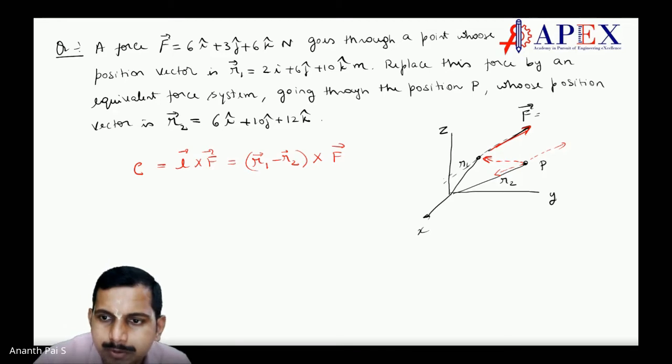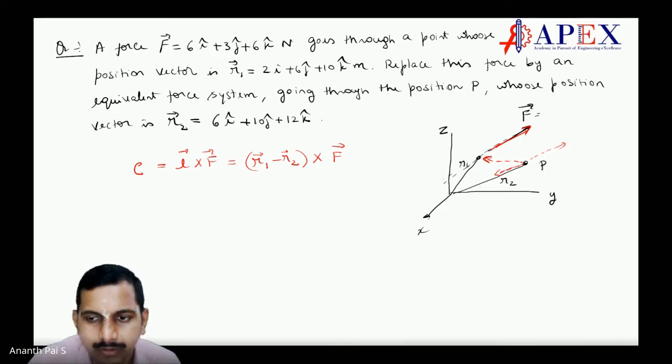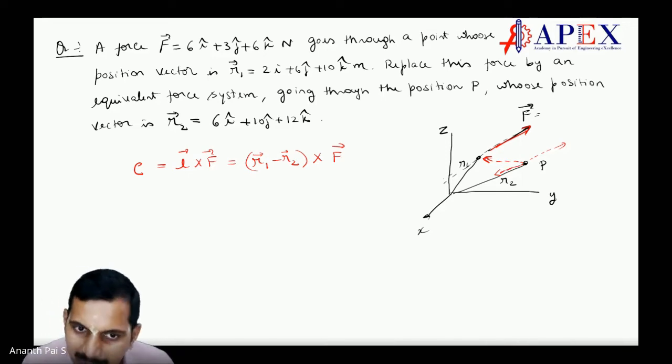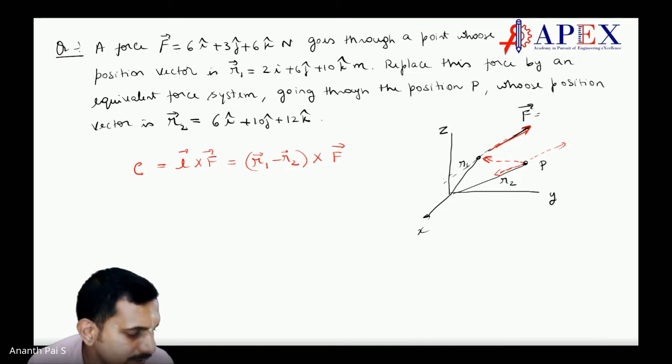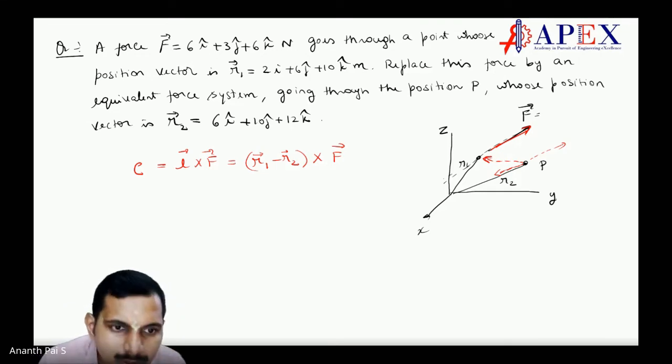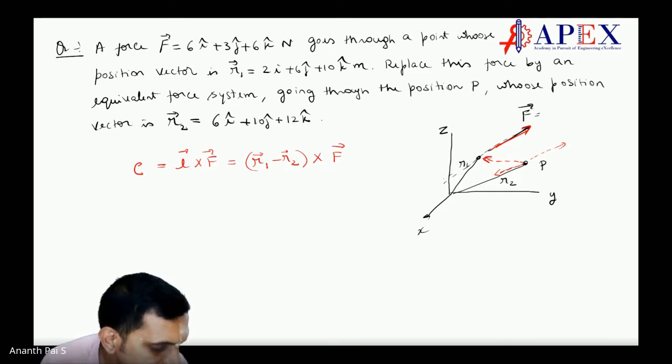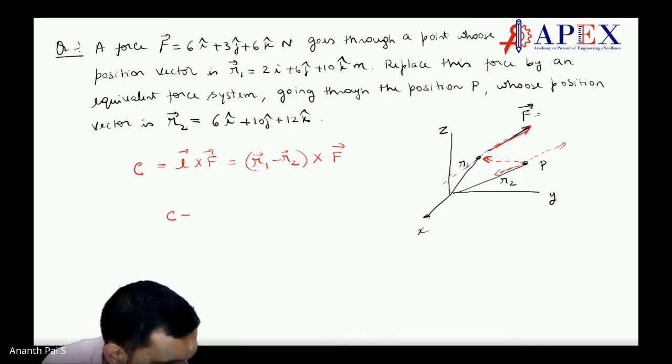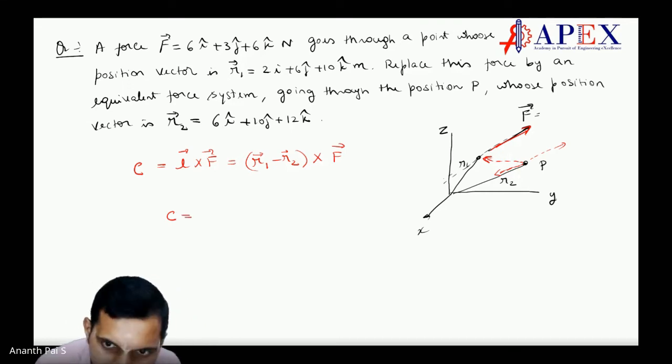This also comes because R1 is with respect to F. R2 is with respect to minus F. Make sense? That is why R1 minus R2 into F. Can you calculate what that is, students? What is the couple you get? Okay, that's it. Only the couple you have to find out, nothing else. Find out C, students. Then you replace it. Simple and straight.